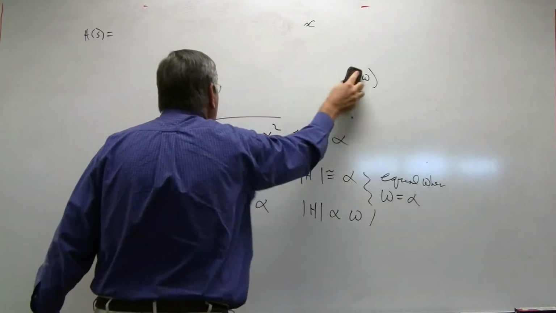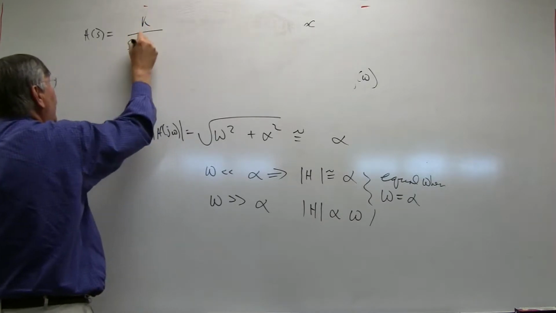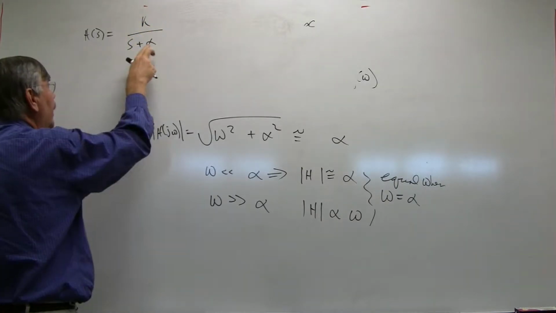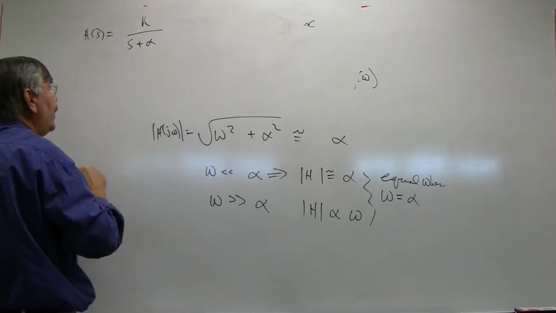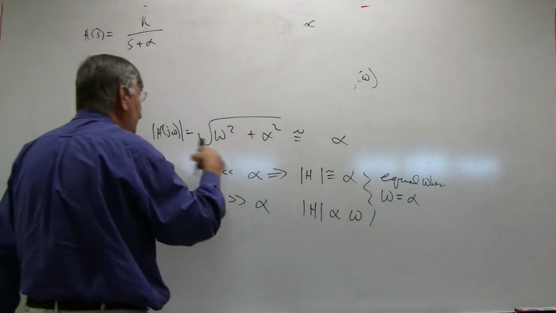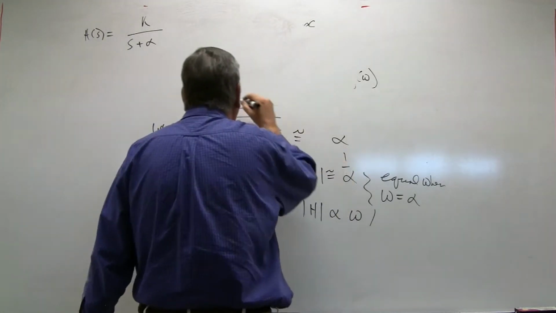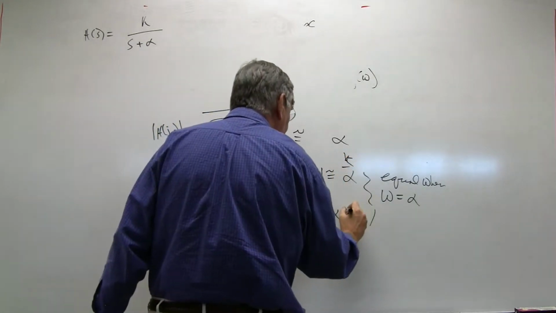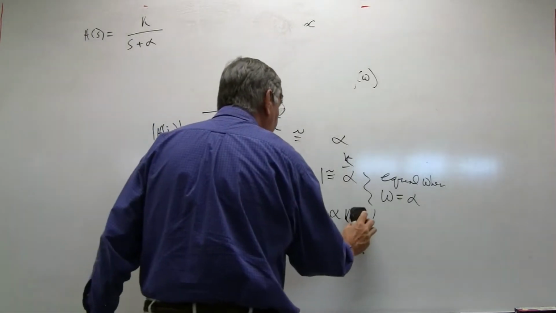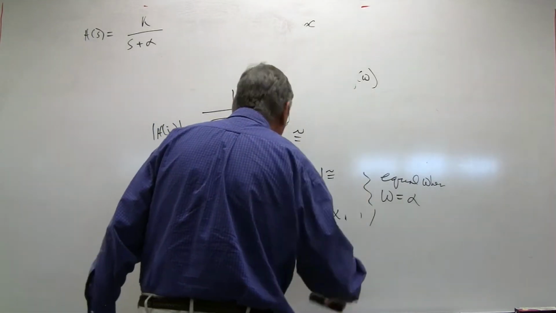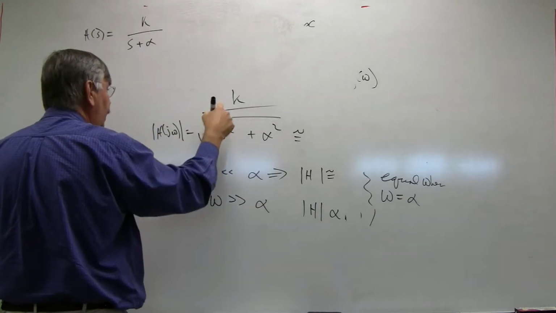We plot it on the same axis, and this is going to be a little simpler, so we'll have some k in the numerator, s plus alpha in the denominator. If s equals minus alpha, this thing goes to infinity, so the pole is at s equals minus alpha. The magnitude of this thing is just 1 over what we just had, so we could keep going through all of this. 1 over alpha, k over alpha, k times omega at all these things, or k over omega at all these things. So let's just look again. So the magnitude of this guy is k over,